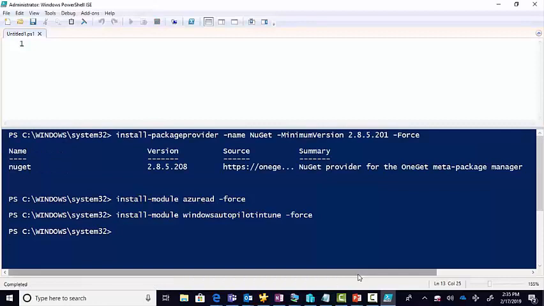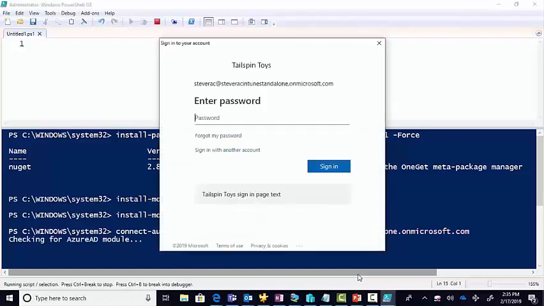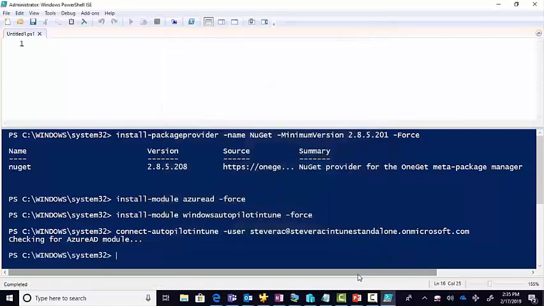And then finally, I'm going to connect AutopilotIntune, user. That will be feedback. There, and then I'm going to have to sign in with Intune. Great, so now I'm there, and now finally, with all that done, my whole point is to get the Autopilot profiles,